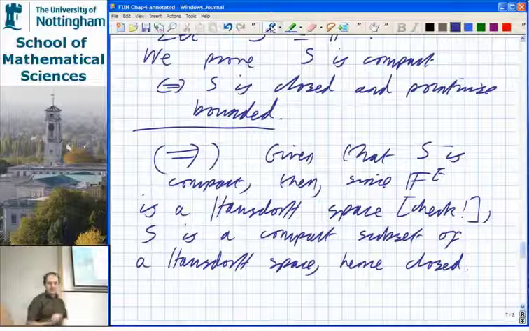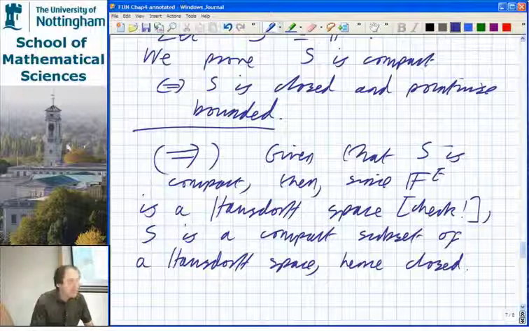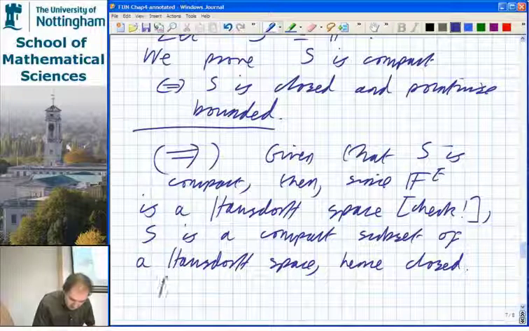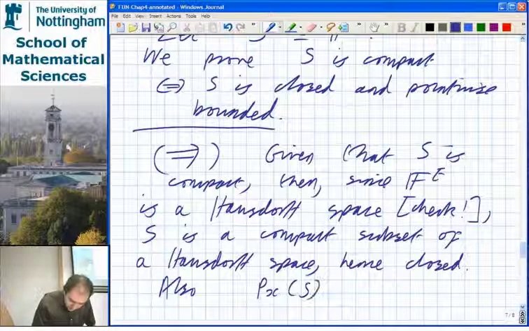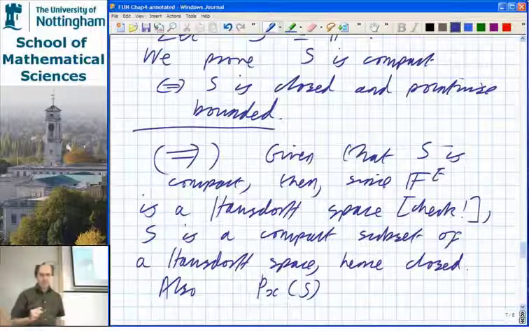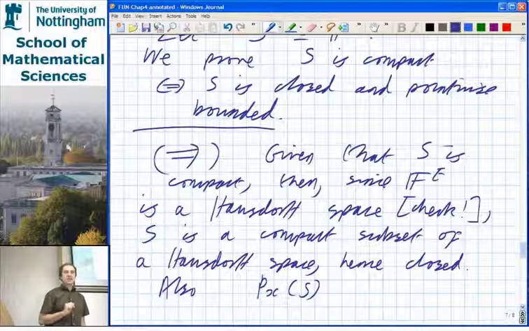That does the closed bit. What about the pointwise bounded? Pointwise bounded says, well, we have to look at p_x of S. That's the image of your compact set S under the map p_x,